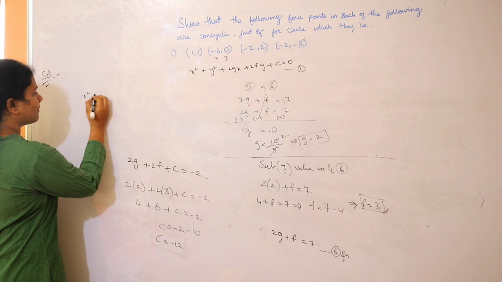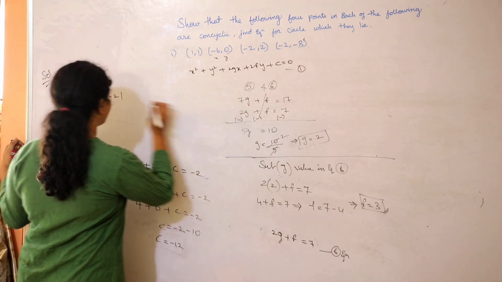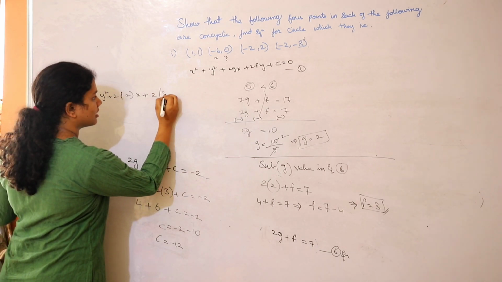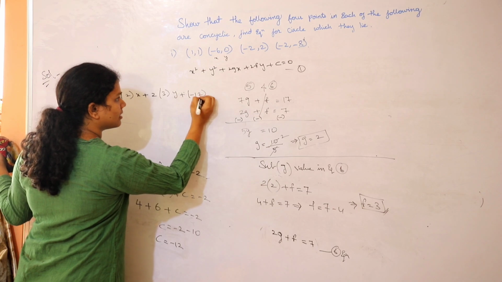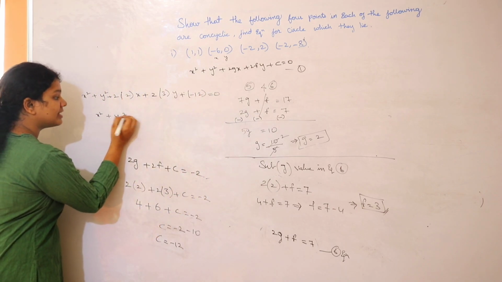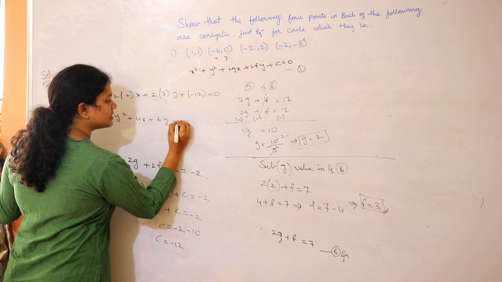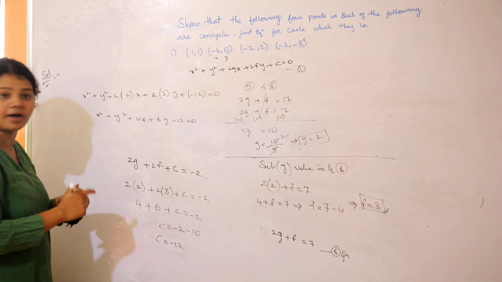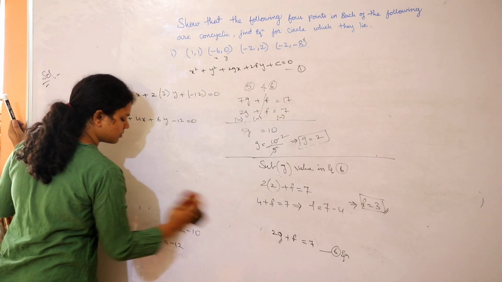This becomes x square plus y square, plus 2, G means 2 over here, Gx, plus 2, F means 3, y, plus of 12 minus 12, which is equals to 0. Clear? And this is the general equation of the circle. Finally, we got the general equation of the circle. Clear? We are done. Most of the question is completed for us.